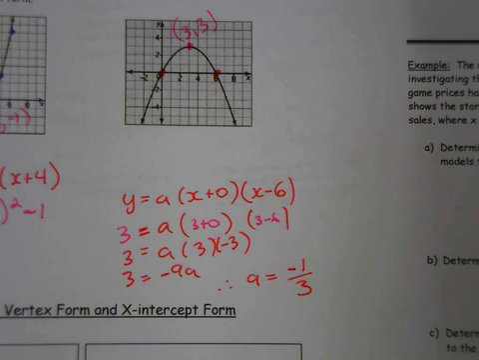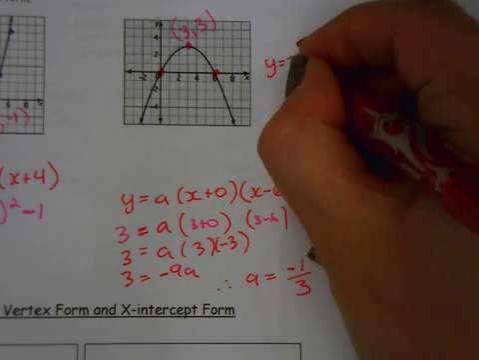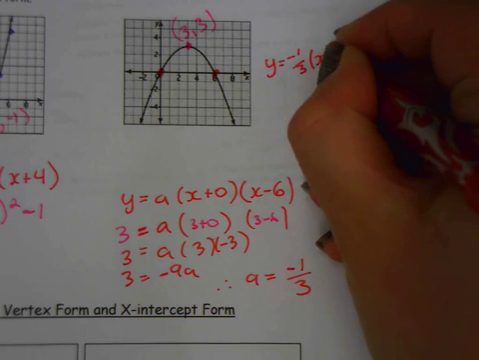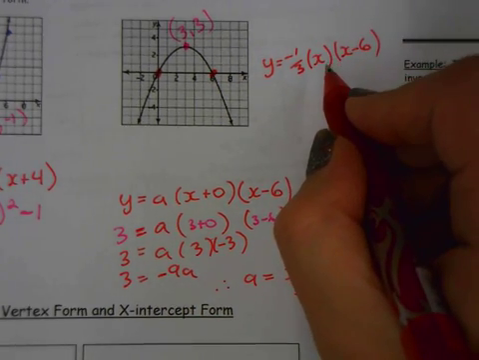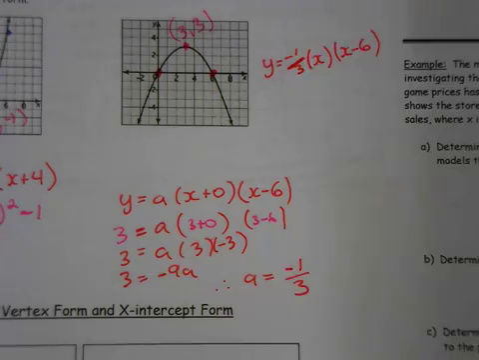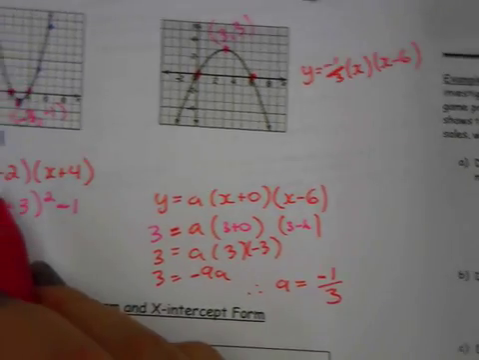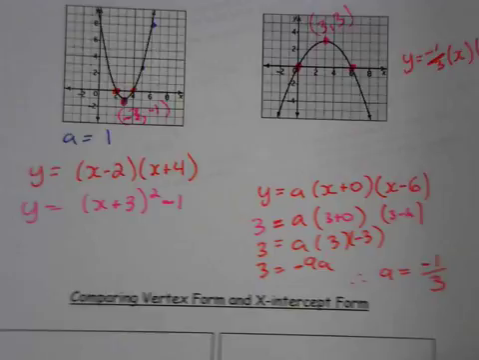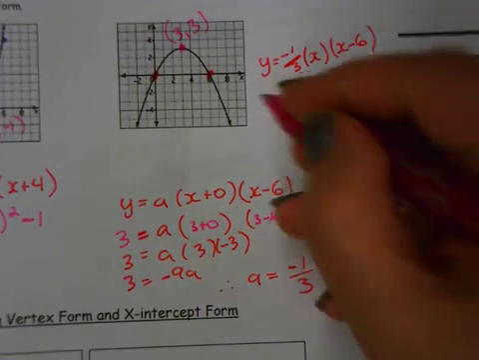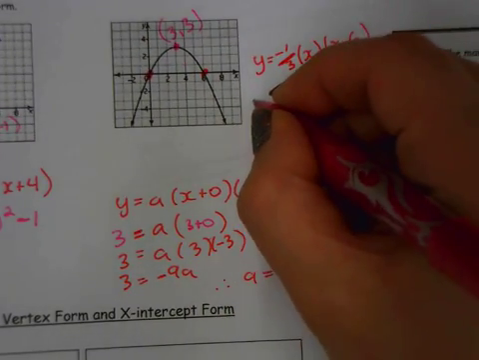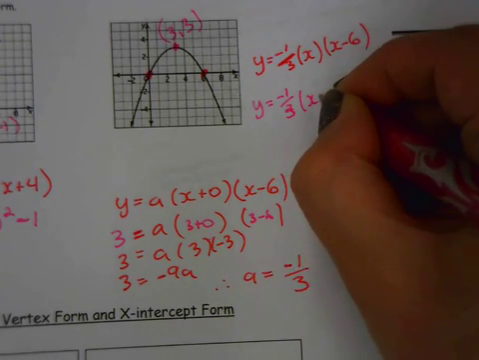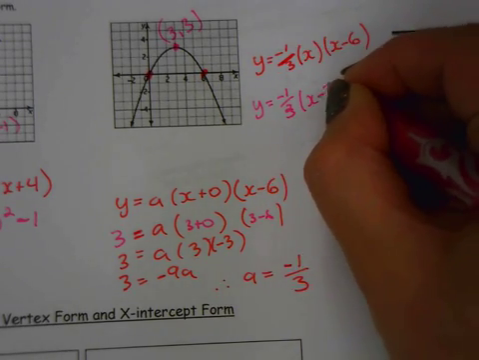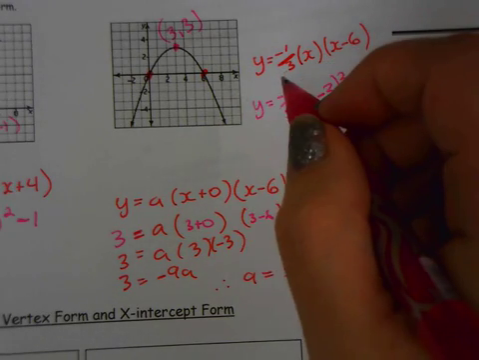So we can get our two equations of our parabola. In x-intercept form, y equals -1/3 x, x minus 6. So there's our plus 0. I just chose to leave it out. Same way if we had a 1 in front of here, we would just kind of leave it out. It's not important. And in vertex form, y equals the same stretch factor, x minus 3 squared